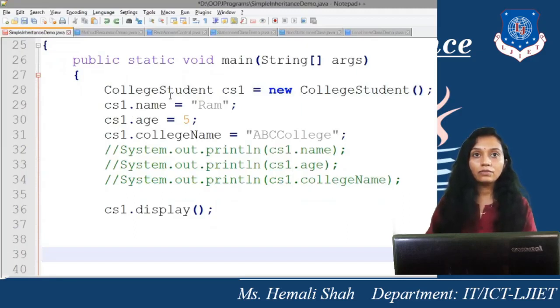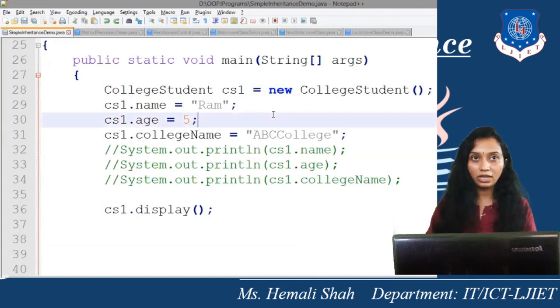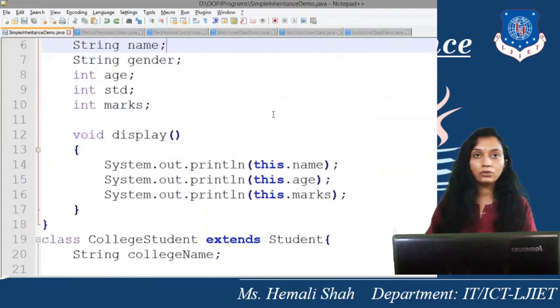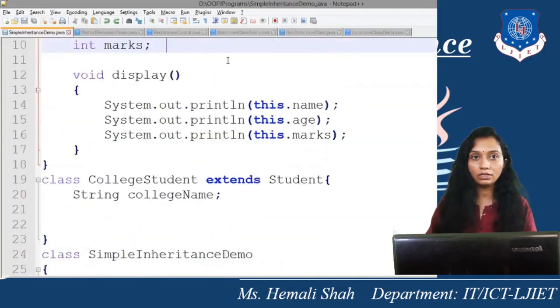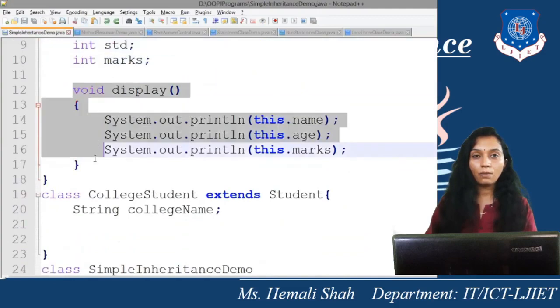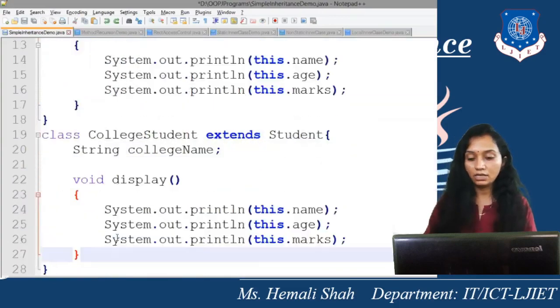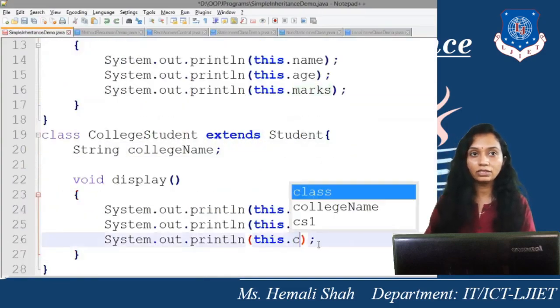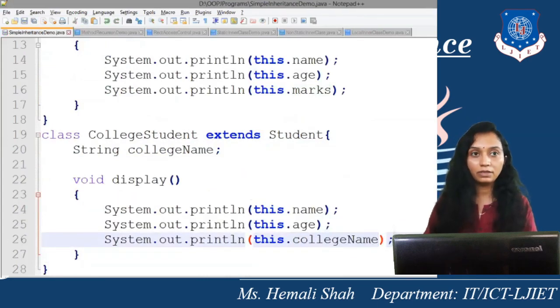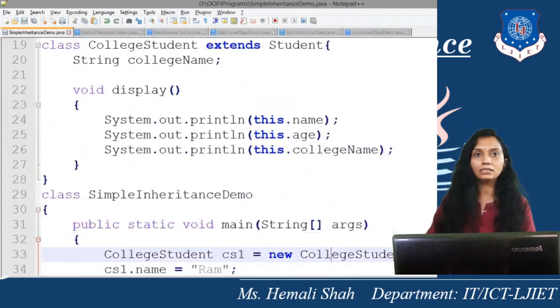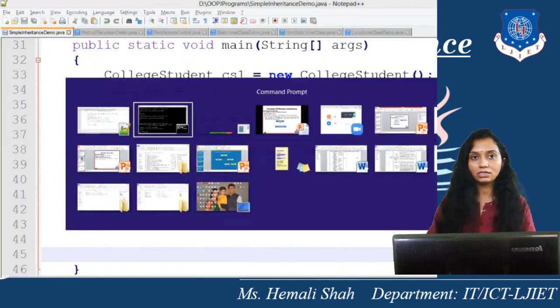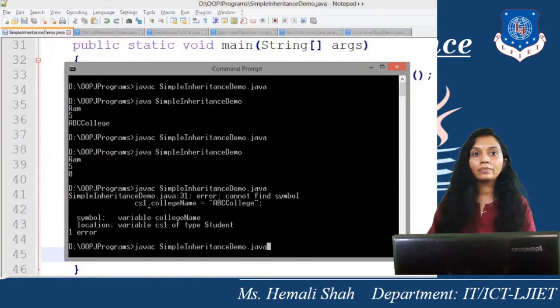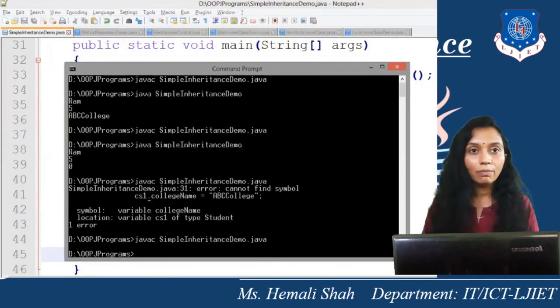Now if you want to print this college name, then you can add this display function over here also. So copy this display function over here and add one more line to display the college name property. You can override this display function over here. Now whenever you call this display function, it first searches in the same class. So let me compile it and run it.